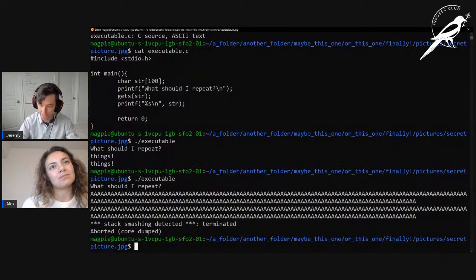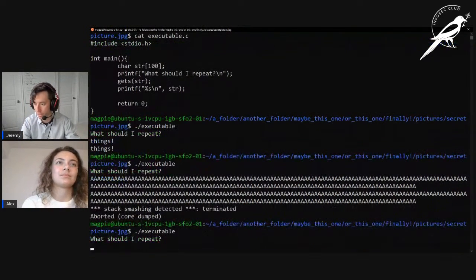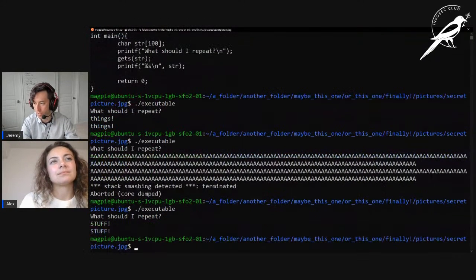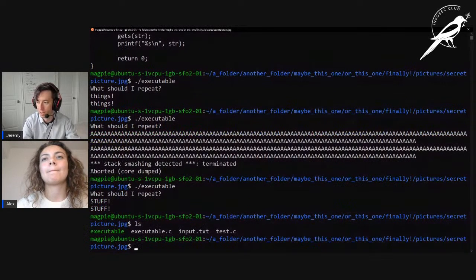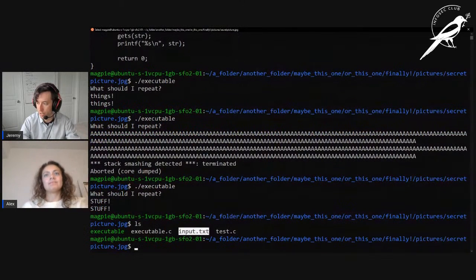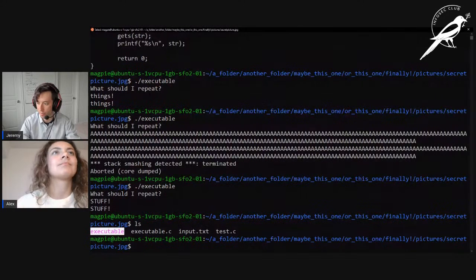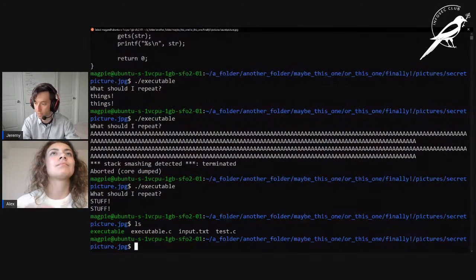Yeah, so that's how we run the executable. We just type that, it starts running the program. We give it something and it repeats it back to us. We used the pipe before and we're going to use it again. So we can put the input from input.txt into our executable file. And we can do that using the pipe.